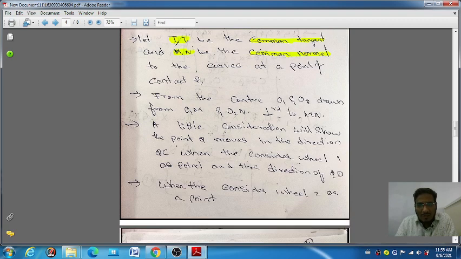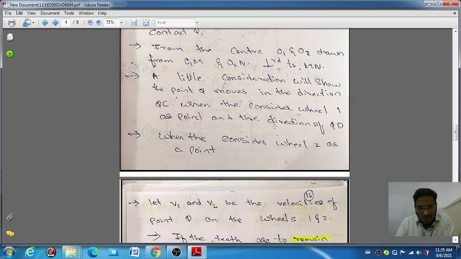At that point, from O1 to M and O2 to N, we have to draw the line, which is perpendicular to MN, and at point M or N the 90 degree will be there. At this point of contact Q, the wheel A will rotate,